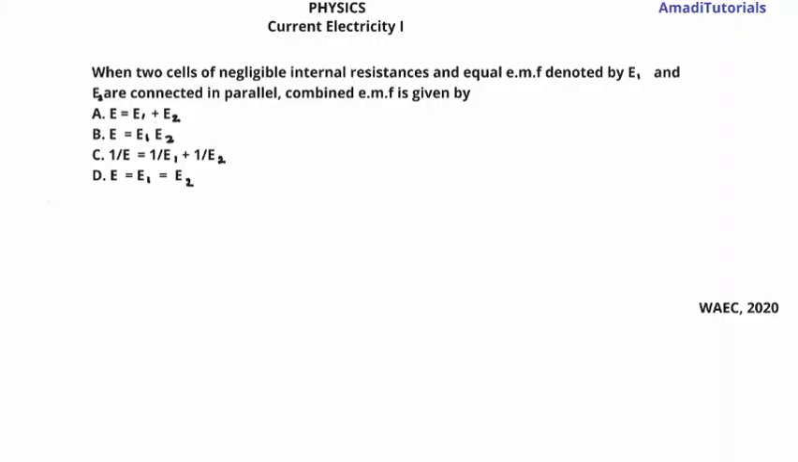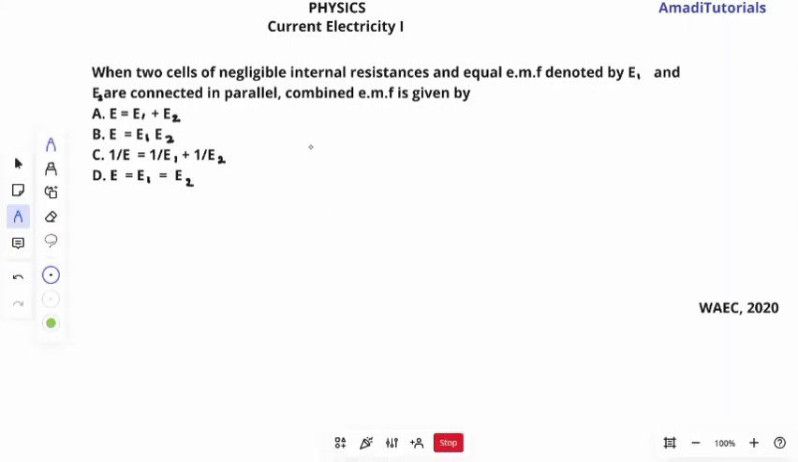In order to understand the concept of cells connected in series or parallel, there are a few points to note. When cells are connected in series, this is cell number 1 and this is cell number 2. When cells are connected in series,